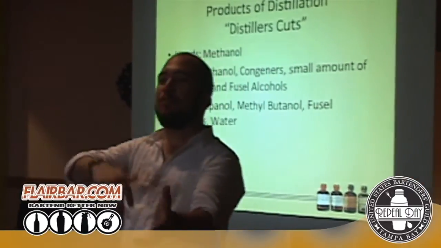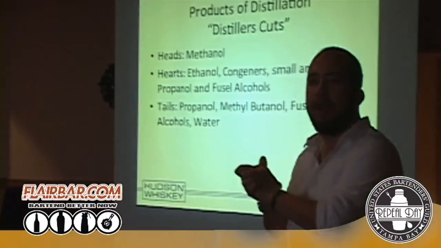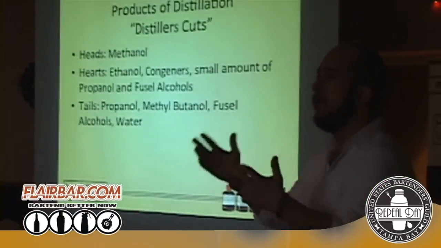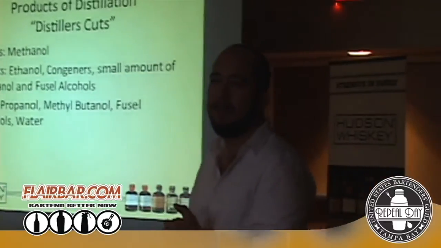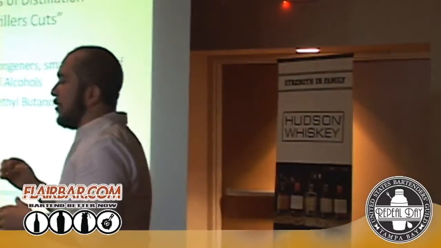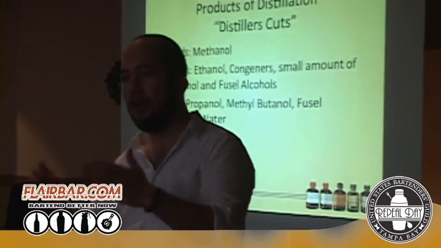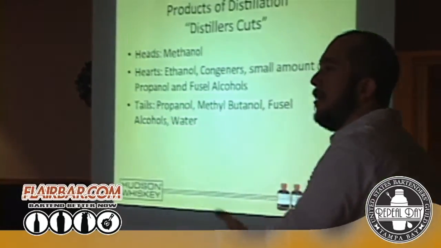So we take the low wines, we put them back into the still, and we run them through again. And at this point, this is how we separate out what we do want versus what we don't want. And we do this based on the temperature of the distillation process. So the three parts of the distillation for a distiller making whiskey, where you're going to cut, are your heads, your hearts, and your tails.